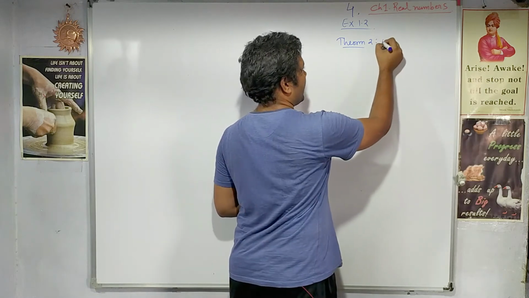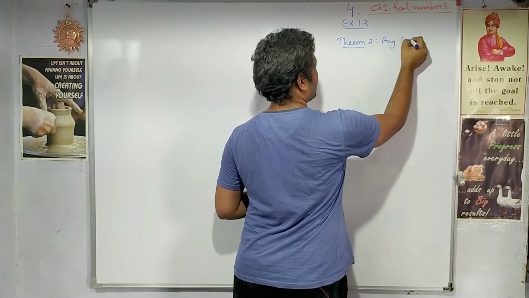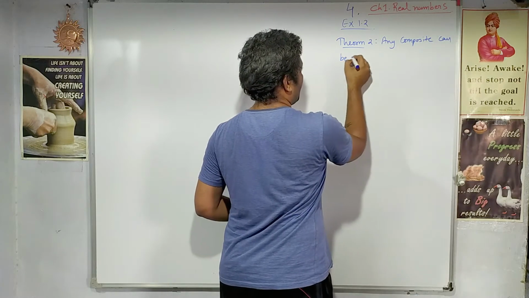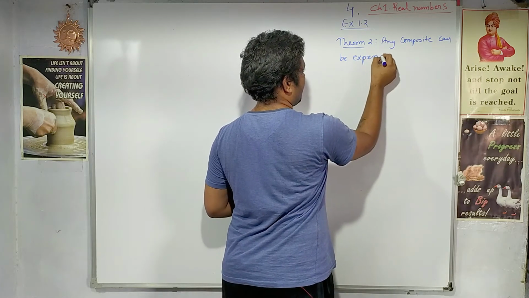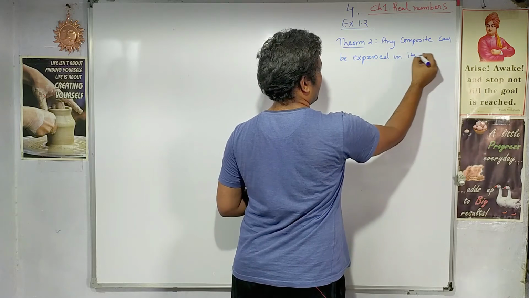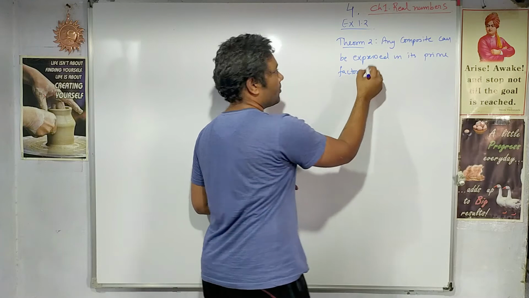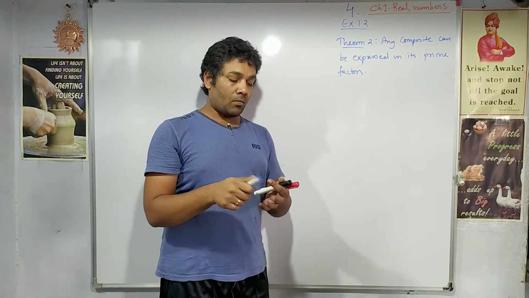This theorem states that any composite number can be expressed in its prime factors. Now here the thing to be understood is, first you should know what a composite